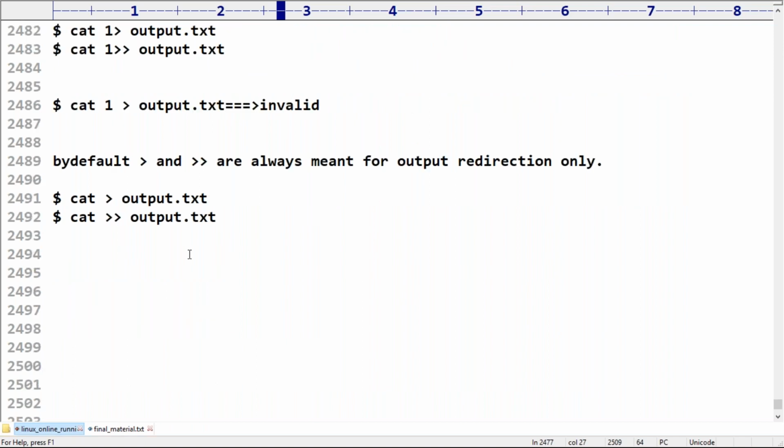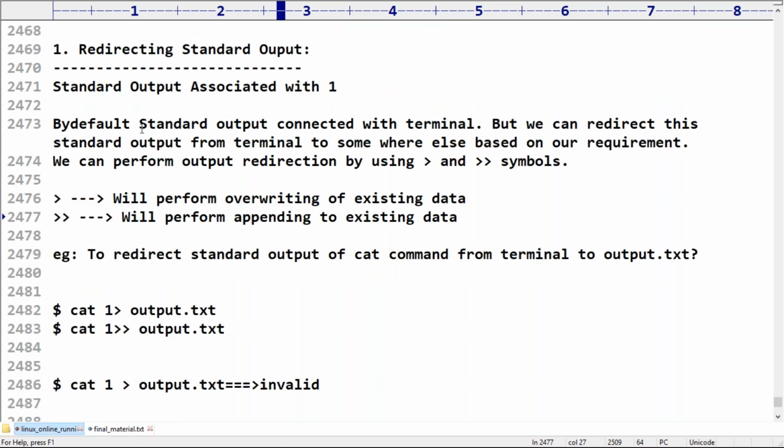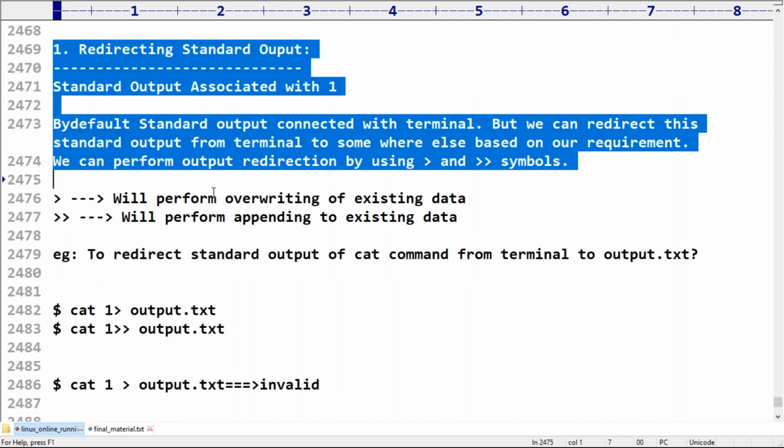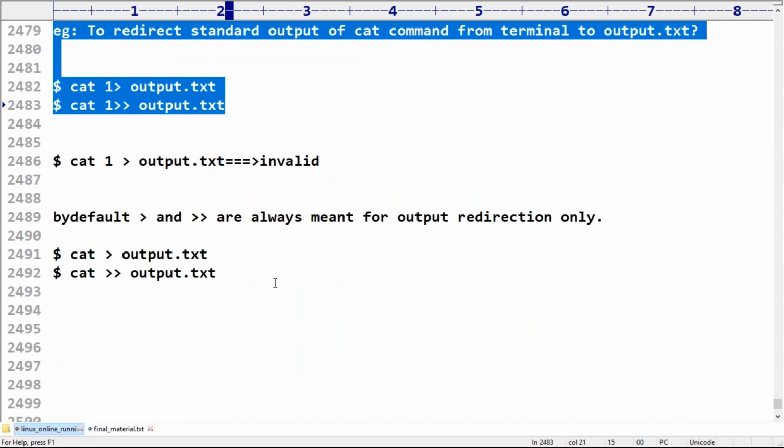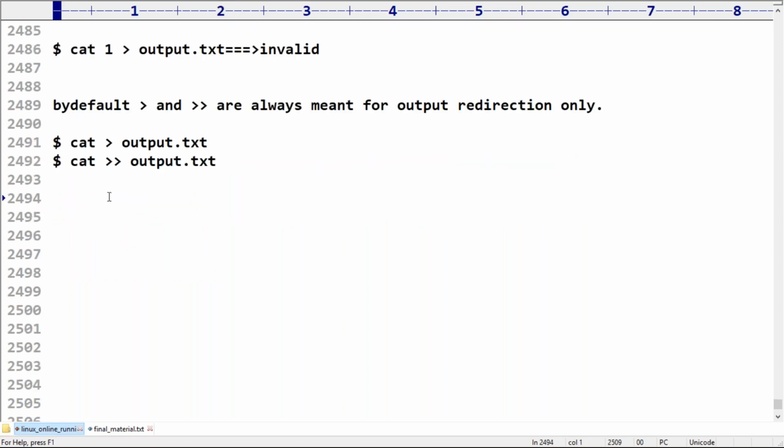So now observe that. Any doubt about output redirection? How you can perform output redirection? What are various possible syntaxes? Okay, which symbols we require to use? Clear for you people, right? Okay. Now